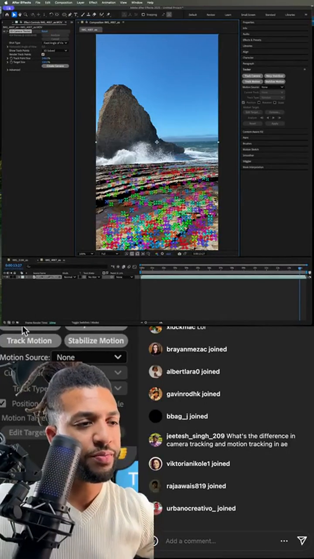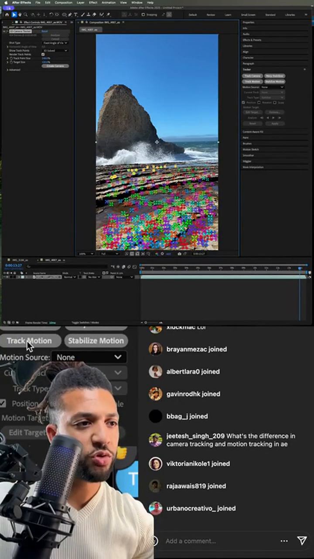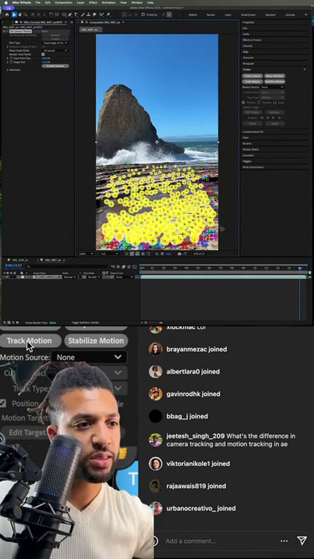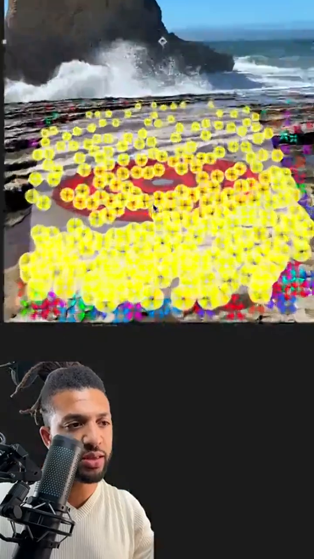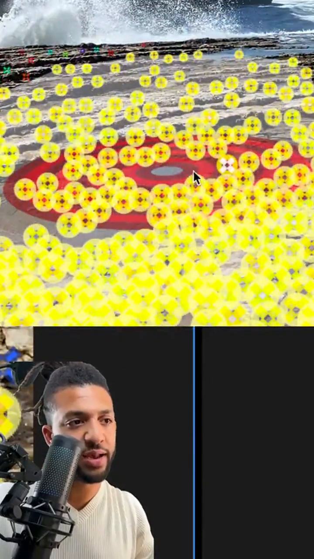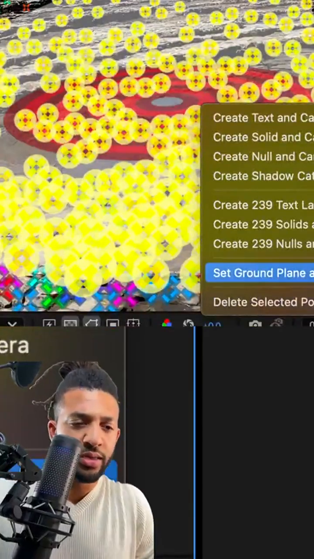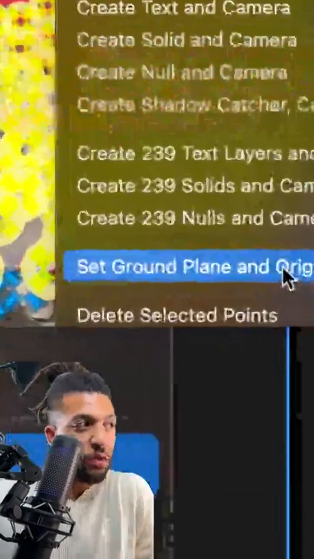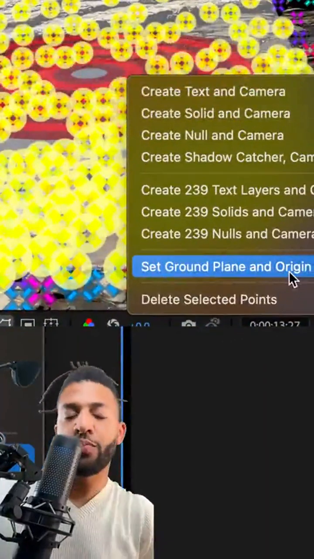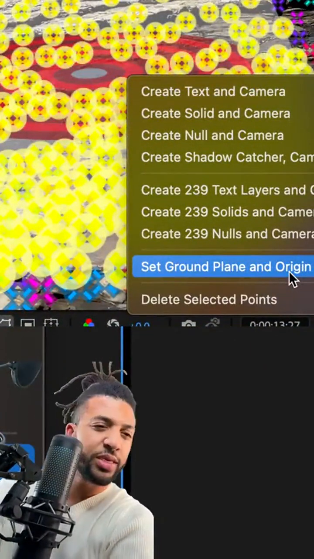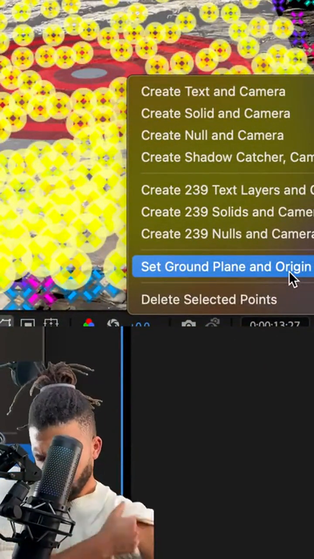All right, so what's so cool is they have this tool that lets you select all of your favorite points, and then it averages the plane based off of that with that target. Then we right click and click on set ground plane and origin. This is so important because when you go to load this into 3D programs like Blender or Cinema 4D,